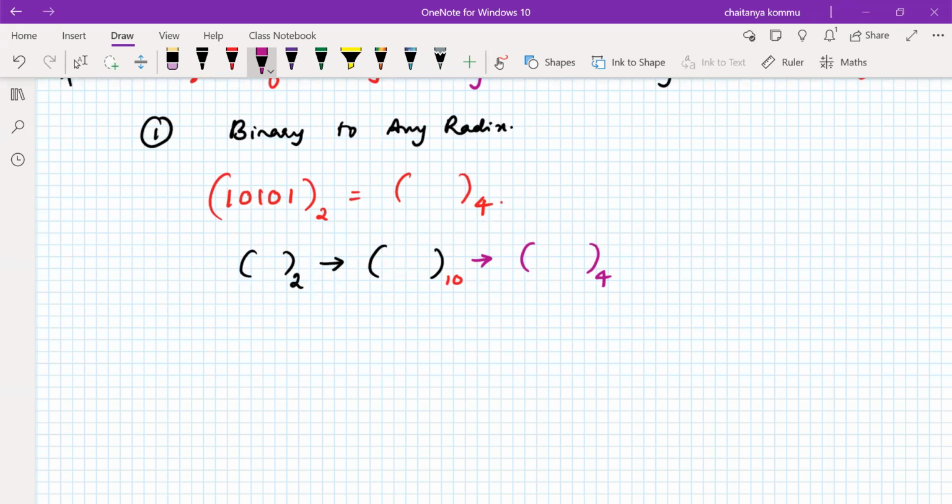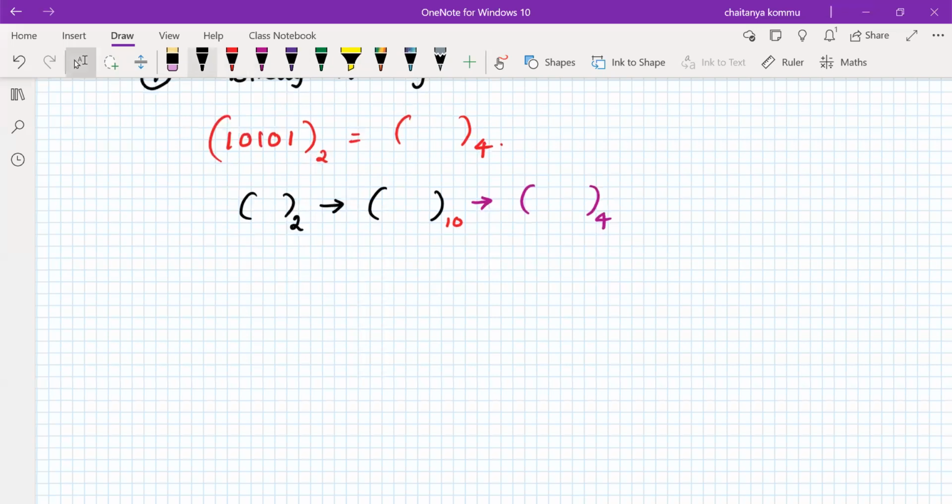Any radix to base decimal 10 we have done. And of course, we know that decimal to another radix also, we know that very well. So therefore, if you want to convert from any radix to another radix, for example, binary to radix 4, then we have to use the decimal number system first of all, then we have to convert it. So let us quickly move on.